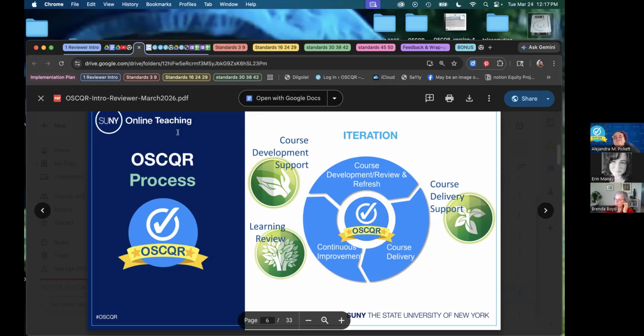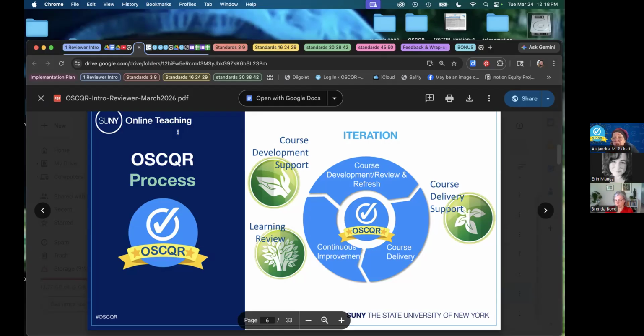So the intention of OSCQR is not to check off a course and say it's done and now meets these requirements or whatever, and you're done. The intention is that with OSCQR you will continuously look at the design of the course, the content of the course, the activities of the course, the feedback and the assessments of the course, the technology, the skills of the instructor, and we also continue to learn more about how people can teach and learn well online. So all of those things can be implemented to continuously improve the design of the course.